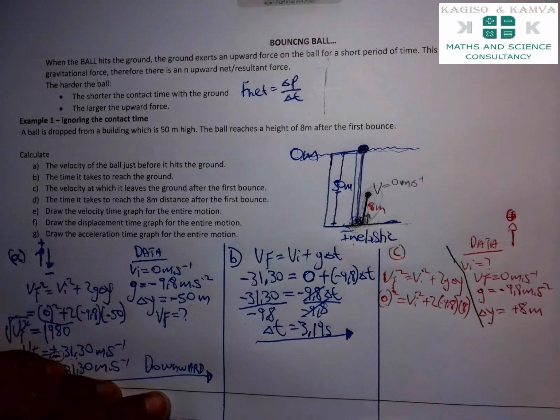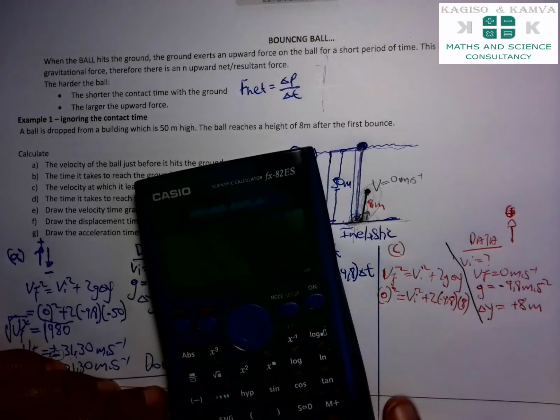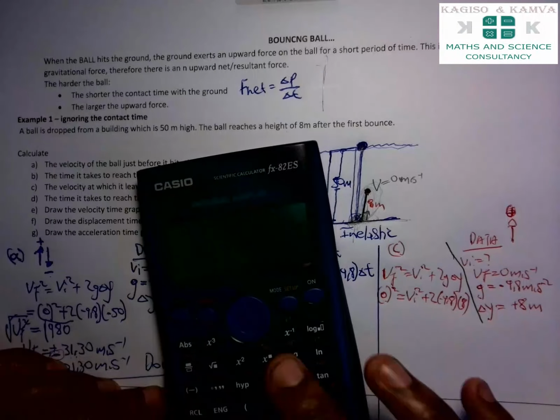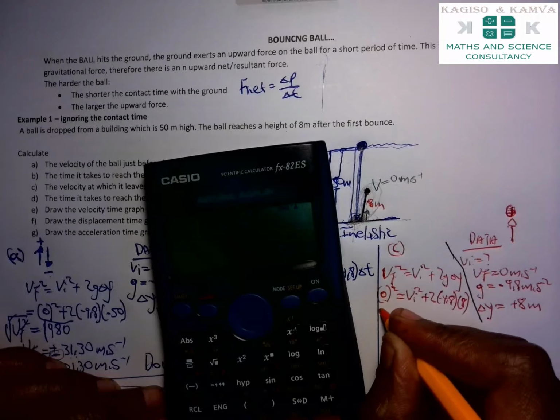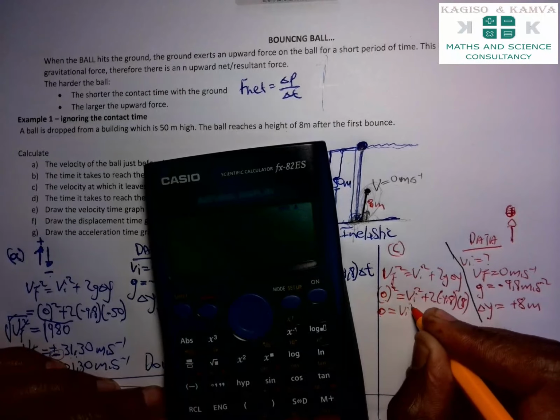We're going to have 2 times negative 9.8 times 8, and the answer will be negative. So 0 is equal to VI squared